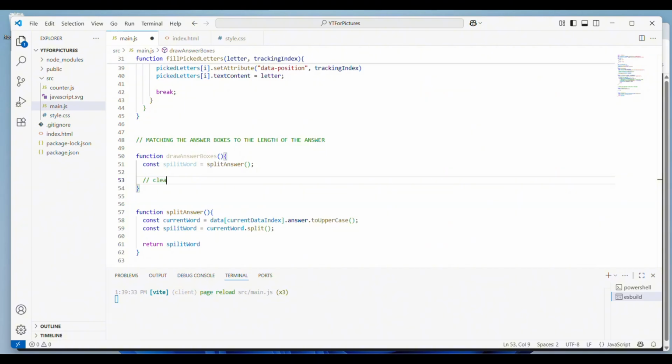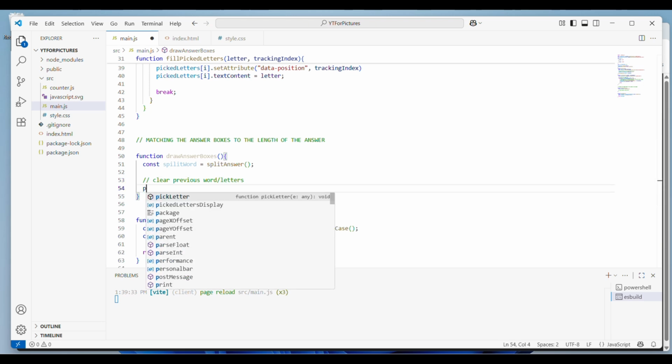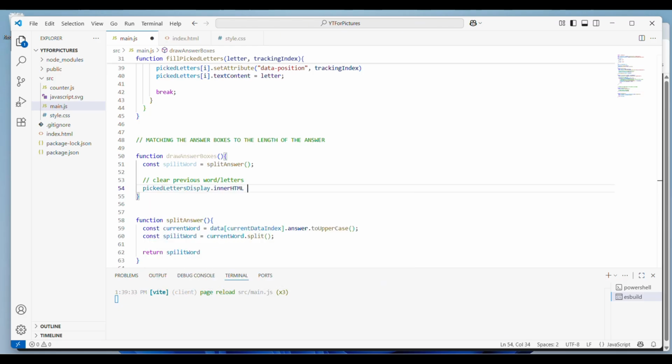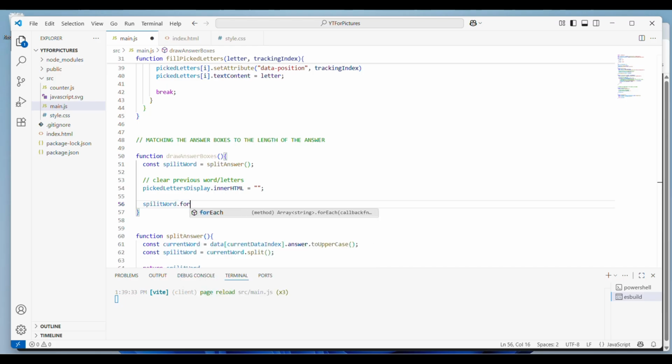So we're just going to say clear previous word or letters. So that's picked letters display dot inner HTML is equal to an empty string, so we're clearing it. So we're going to loop through the split word. Remember, it's now an array. Then we'll just say for each